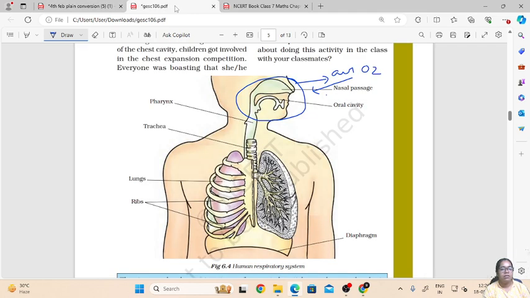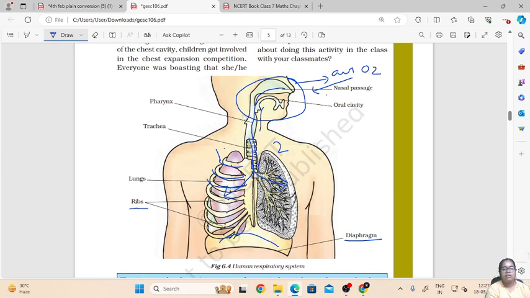Now here, see, the windpipe consists of what? The pharynx and the trachea. From here the air that we breathe will enter through the windpipe into our lungs. We have two lungs, this is 1 and 2. When the air enters, it will go into both the lungs. The base part of the lungs is called the diaphragm, and the lungs are protected by a structure called the ribs, which helps in protection of both the lungs.